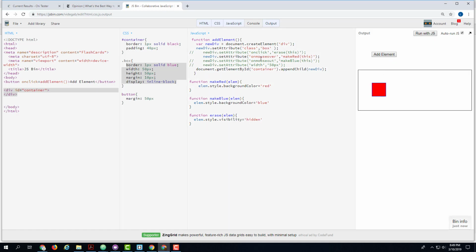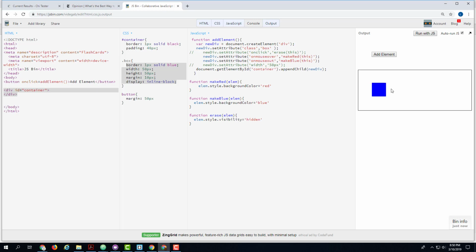And so what this is doing is we're adding an onMouseOver attribute to the element, which calls the makeRed function, and we have the makeRed function over here, and it just changes it to red. Notice when I go out of it, nothing happens. So if we add the onMouseOut attribute, now when we create an element and then roll over it and roll out of it, it turns red. It turns, well, what's it do? It turns back to blue